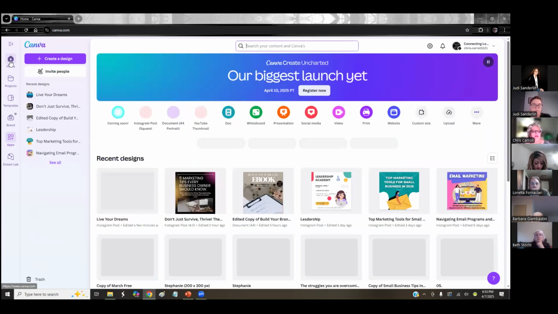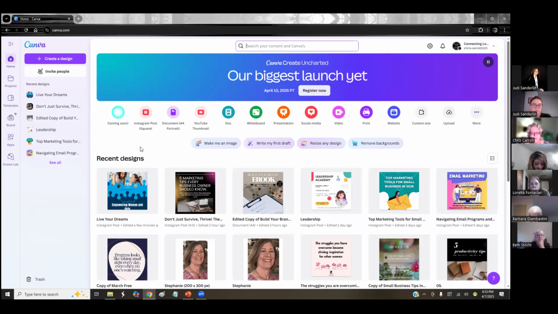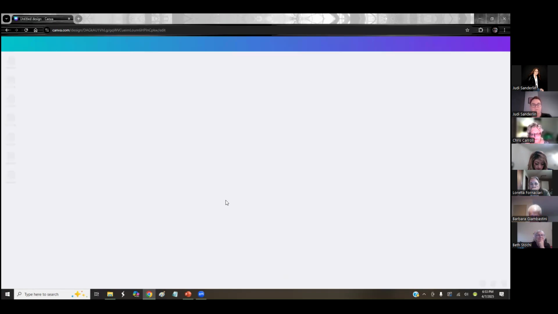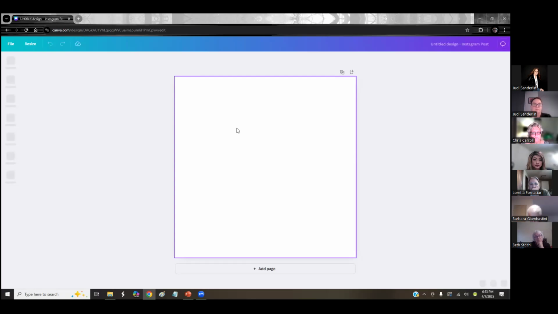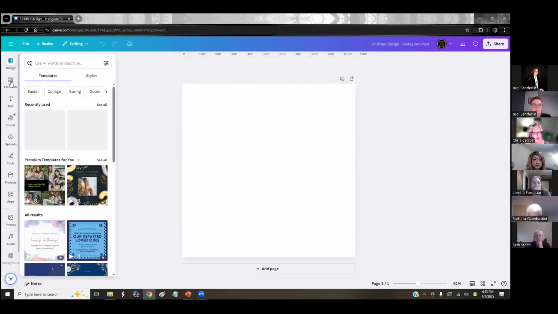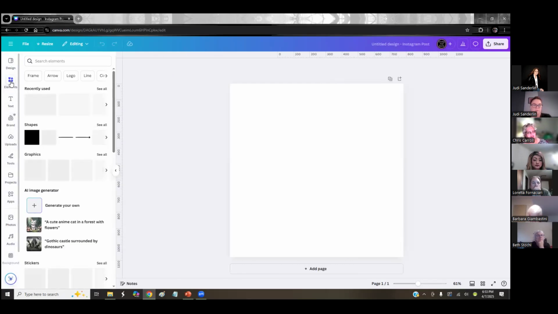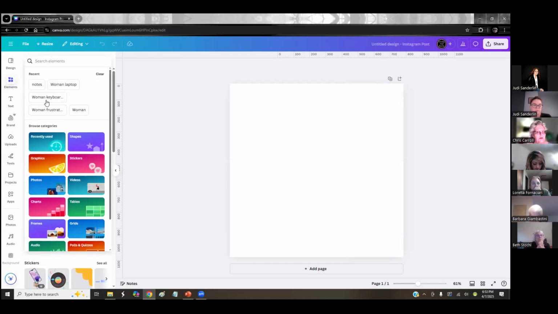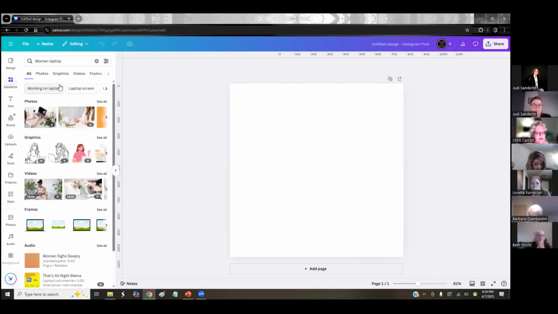All right, let's start a new one so I can show you the rest of this stuff. Elements. Elements are additional pieces that you can add to a design. So if I wanted to search, this was the one I was looking for earlier when I did a different one. It offers photos,